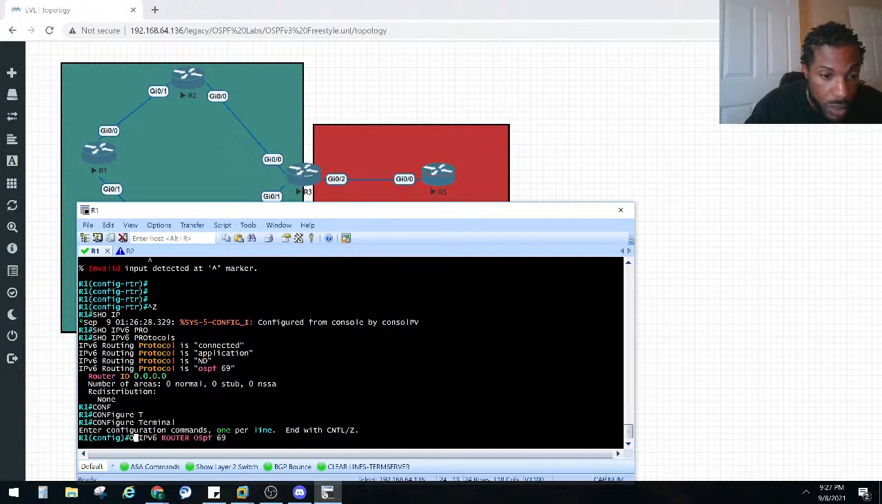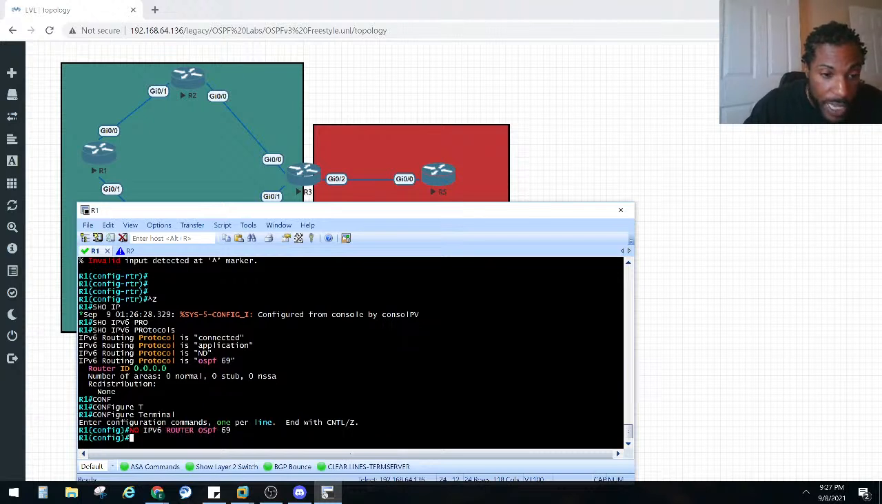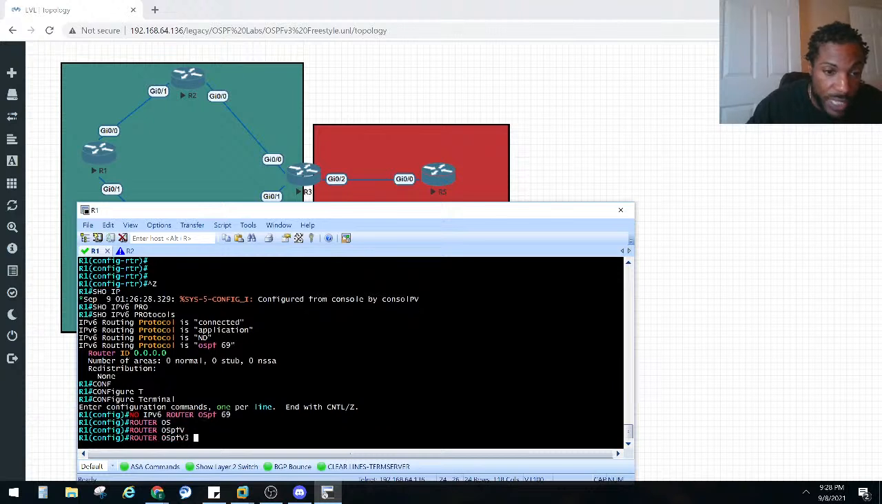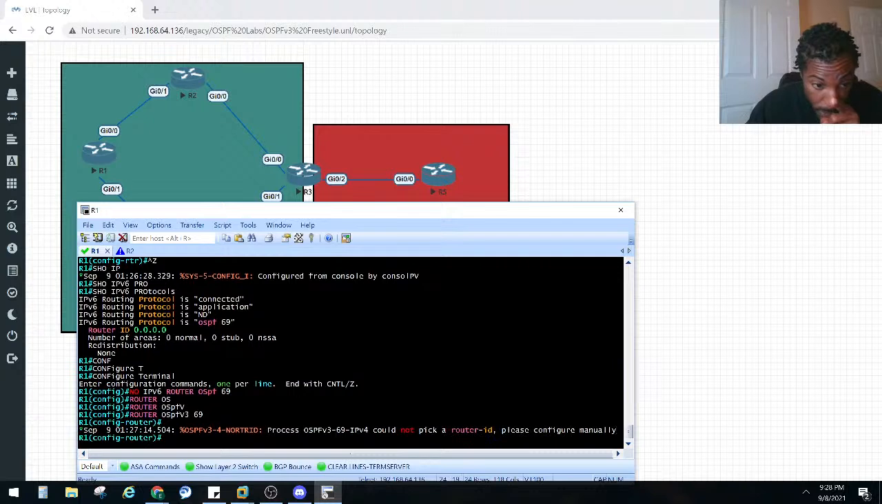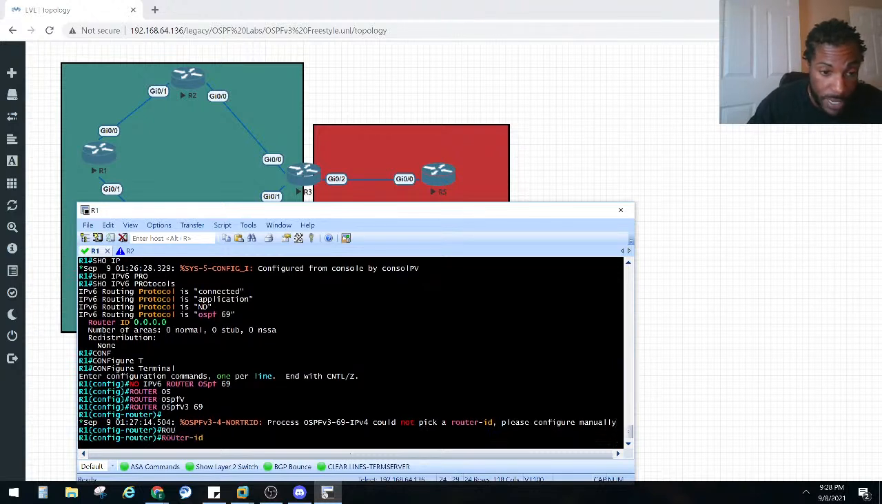So let's go back to global config mode, and we say let's get rid of this. So no, and then we'll say router OSPFv3 like that, process ID of 69. Now we're in router config mode again, but we still get this error. It says please configure a router ID. So let's give it the router ID of